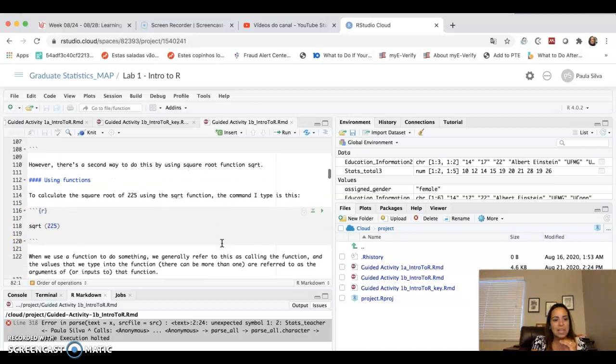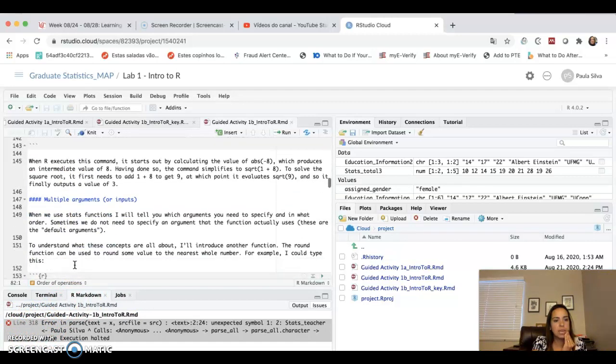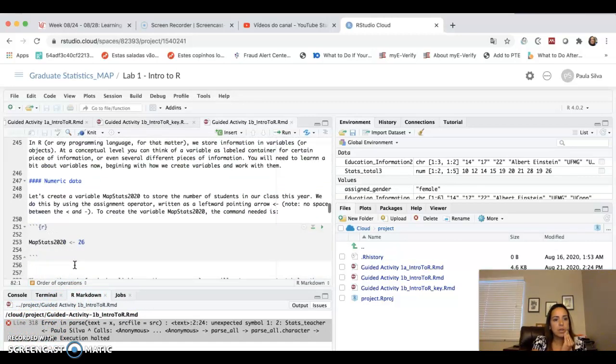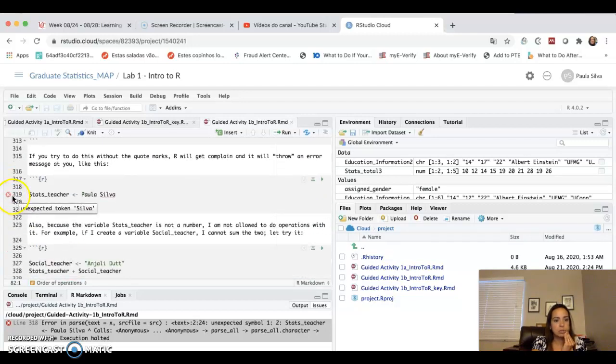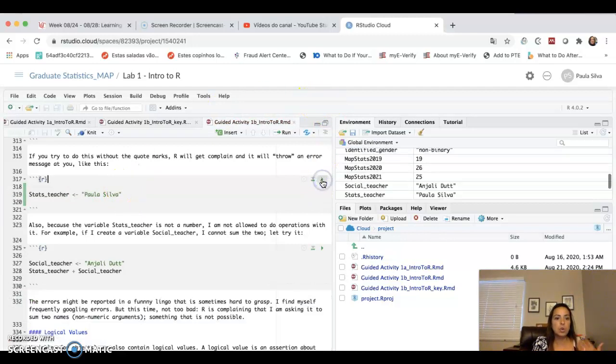I'll show you how. The error happened because of line 318. Let's go to line 318 and see what happened there. What is the error? Well, it was actually line 308, 309. So we're assigning the value Paula Silva to the variable stats teacher. Except Paula Silva is a name, not a number. So it needs to come in quotes like this. So either I have to correct the code such that the code runs normally, like here, or I have to